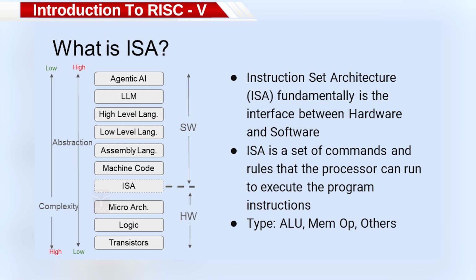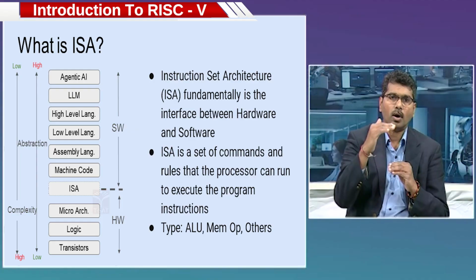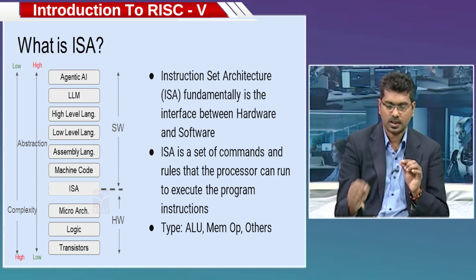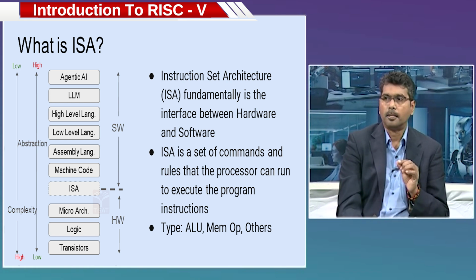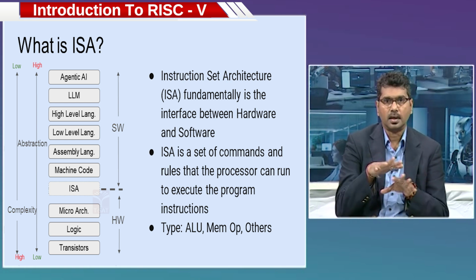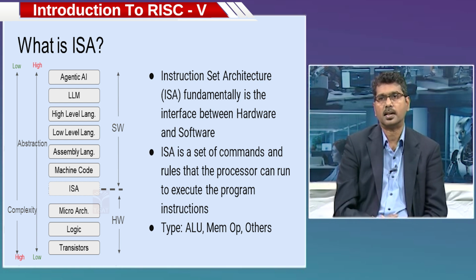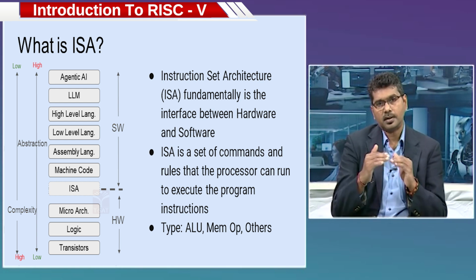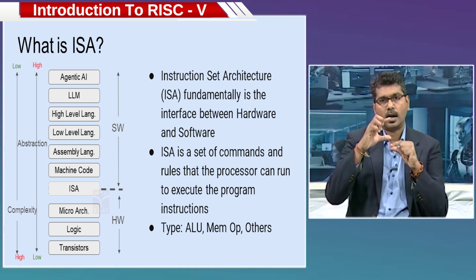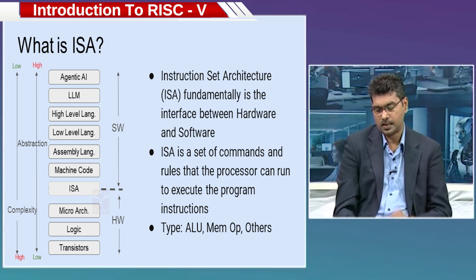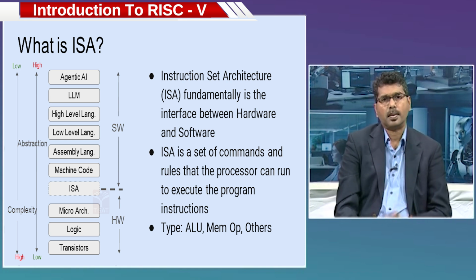This will evolve on top, but at the bottom, you have basic logic gates and arithmetic logic units in the chip. Whatever you do at the top, all the programs you write at any level, ultimately all of that gets reduced to a set of instructions that needs to be executed in the chip. So that's what the instruction set architecture is. Fundamentally an interface between the bottom hardware and all the top level software. That's the first thing. So it's essentially a set of commands,